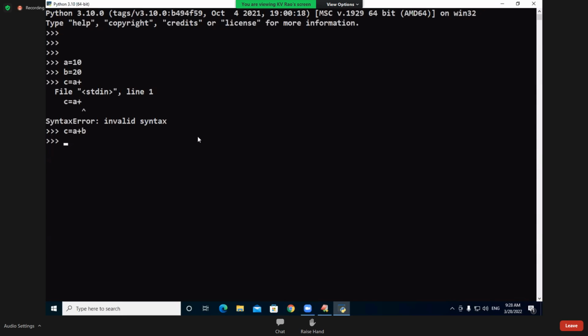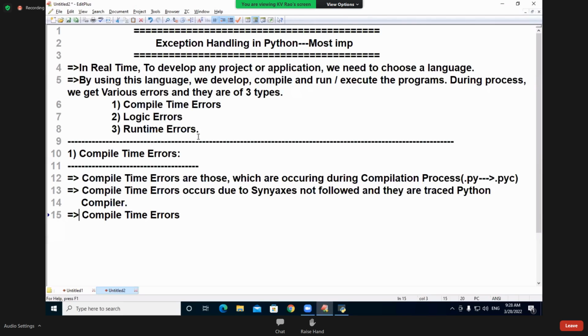A plus B. Now I will say print C. Now I got the result. Compile time errors are solved by whom? Solved by Python programmers. From the basics I am explaining.